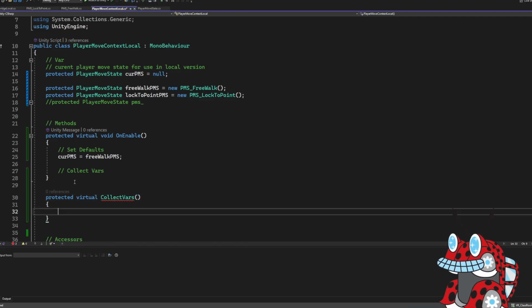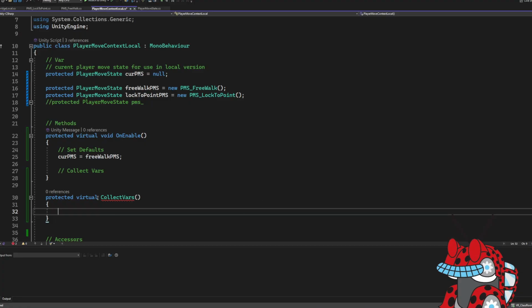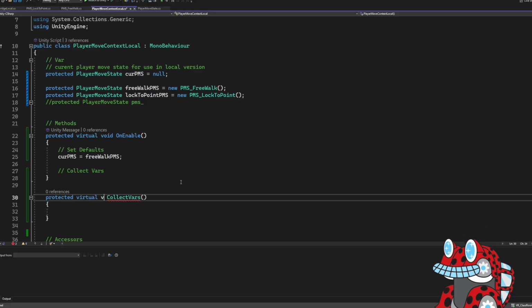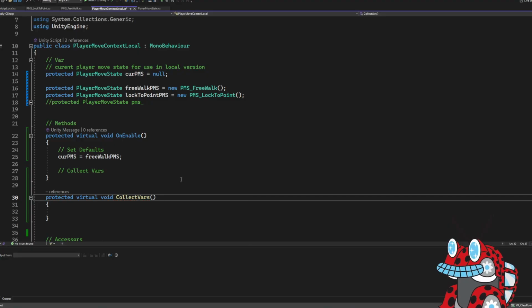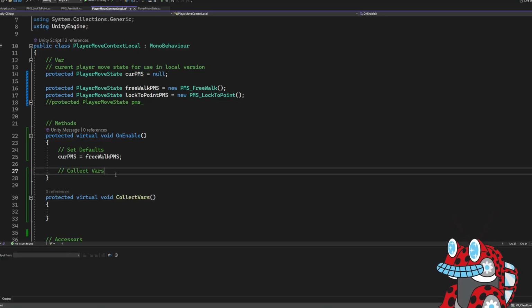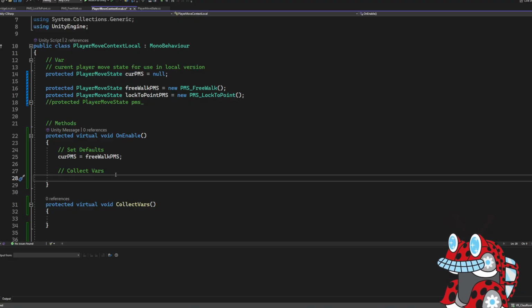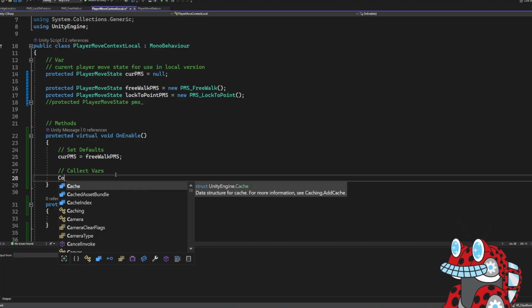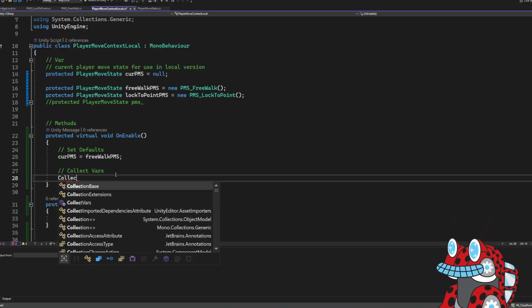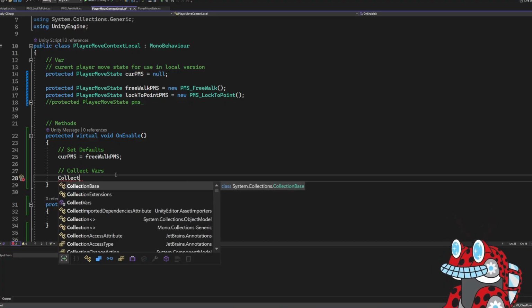Because eventually I'll start getting rigid bodies and other things for the move context to communicate to other objects. And I'll do that in collect vars because I hate when people put actual code,